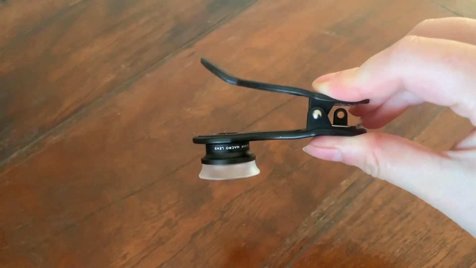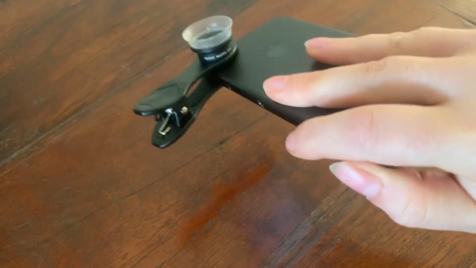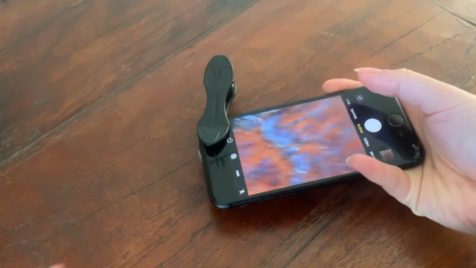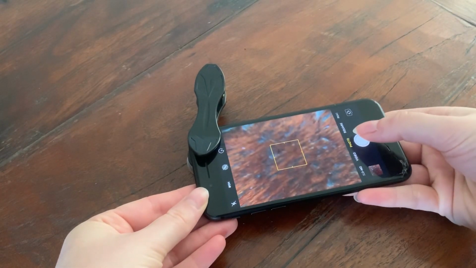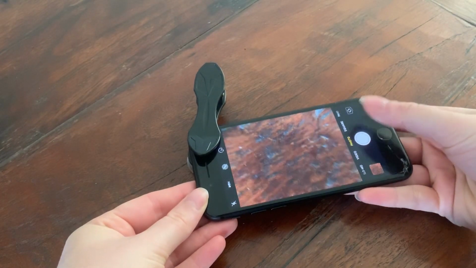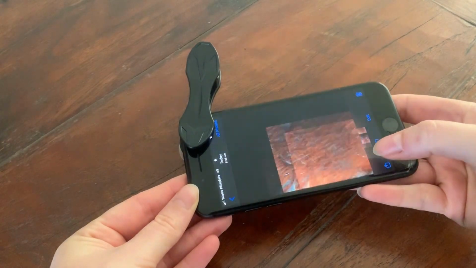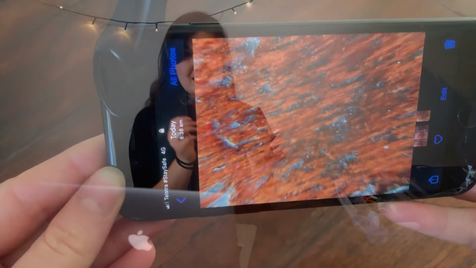It is a little loop that you can clip onto your phone, and it has magnification, and it creates really interesting magnified images. So you can get these very cheaply from anywhere. There's so many different types. Some of them have a bit better capabilities, so I recommend doing some research, but it creates some really engaging magnified images. So yeah, you don't need to use very expensive equipment to create great content.